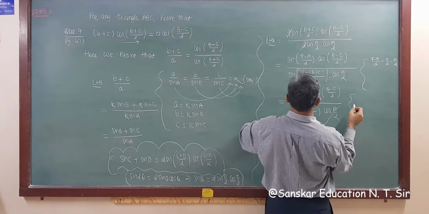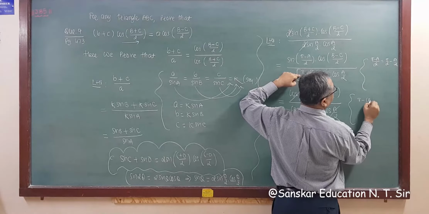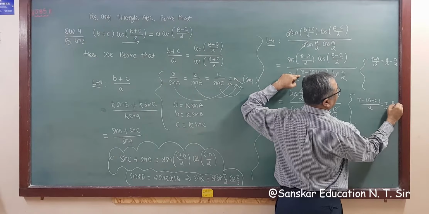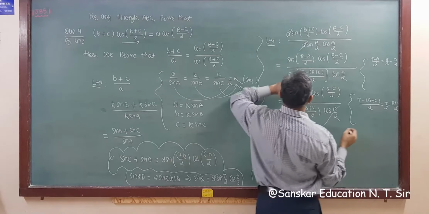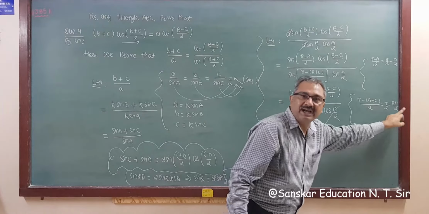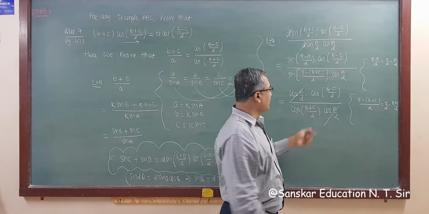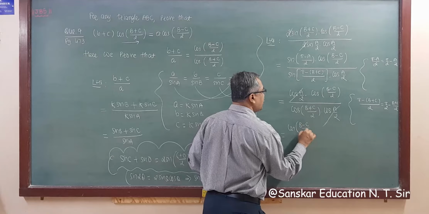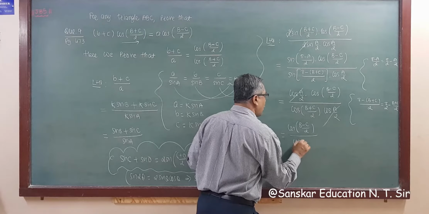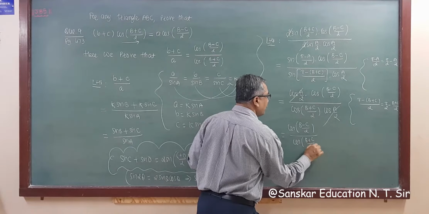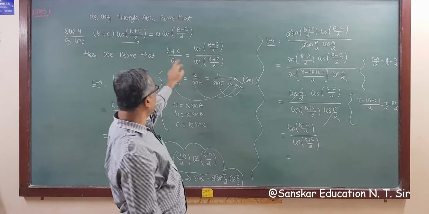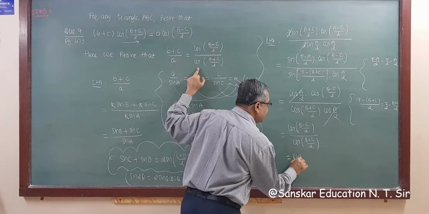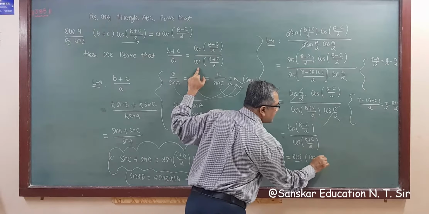Now how do we get this? This is sine of (pi minus (B plus C)/2), which is nothing but sine of (pi/2 minus (B plus C)/2). So if we apply sine, then sine (pi/2 minus theta) is cos theta. So now the remaining term will be cos (B minus C)/2 whole upon cos (B plus C)/2. That is nothing but what we wanted to prove, our right hand side, right? So this is your right hand side, and hence we prove this.